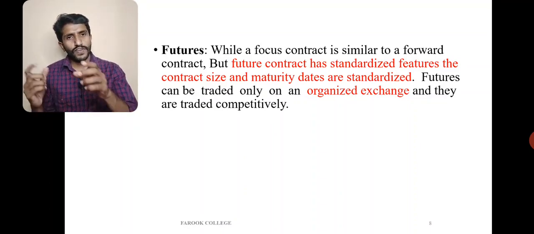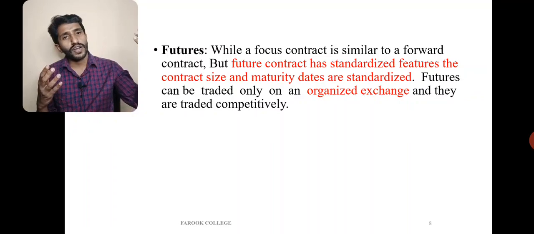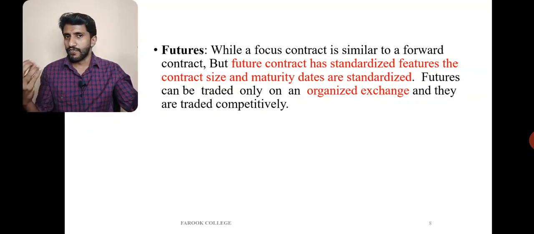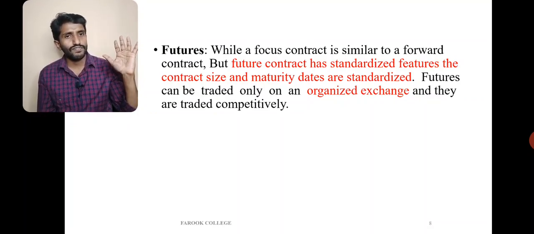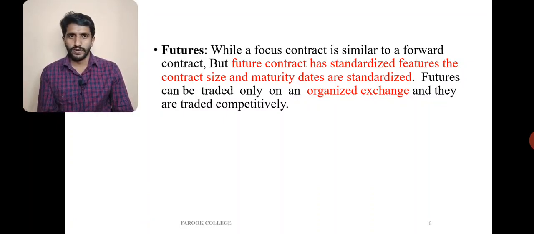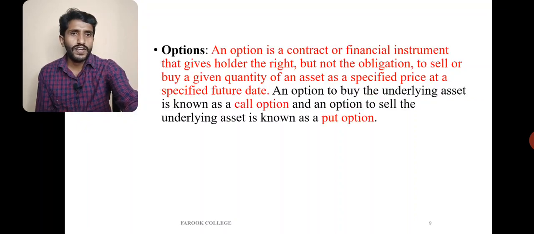So the difference is that futures are traded in an organized exchange, but forward contracts are not traded in an official exchange market. Also, the maturity period and contract size and everything will be standardized in futures but not in forwards. So these are the differences between forwards and